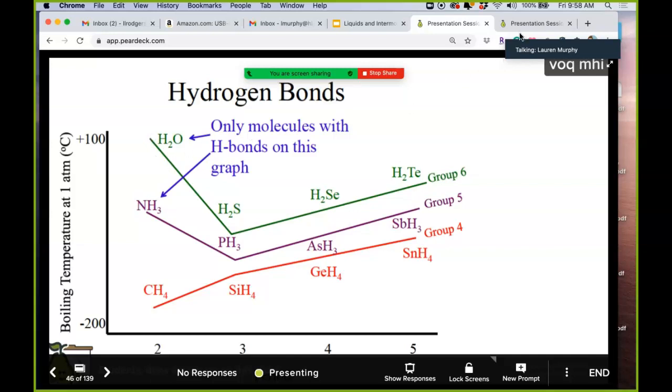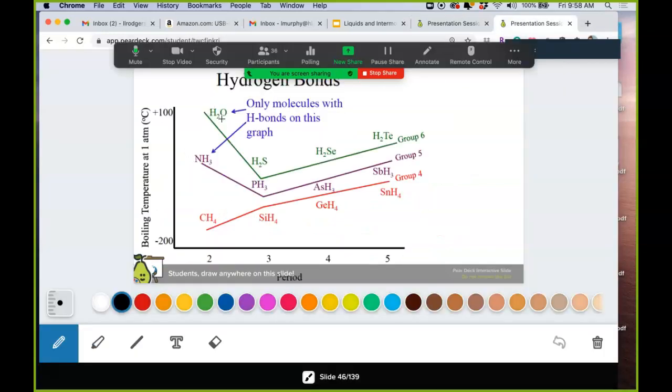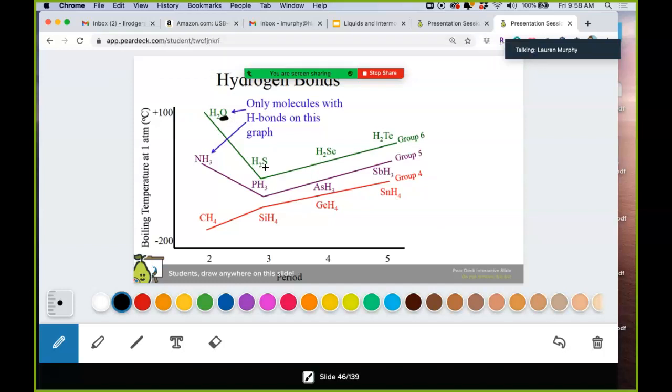Now, if you notice on this graph, this is oxygen, right? It's in group, family 6, and then below it is sulfur, and then below that is selenium, and then below that is tellurium. And you notice that this is showing boiling points, all right? And you should see that water has the highest boiling point of anybody else in group 6 because it's capable of hydrogen bonding. And then notice that it drops back down, okay? And then after sulfur, the boiling point continues to rise. And the reason for that is because these get heavier and heavier and heavier, so the dispersion forces get stronger